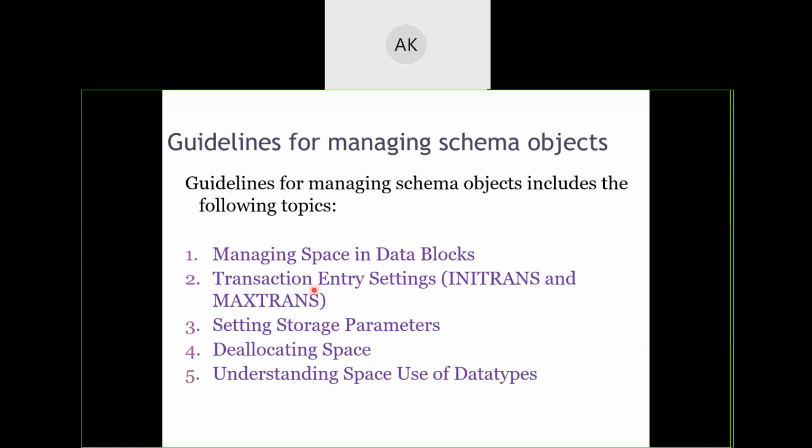What are these 5 parameters meant for? My voice is breaking. Neha, I'm sorry. There may be some network issues going on. Is it so? Are all facing the same problem?